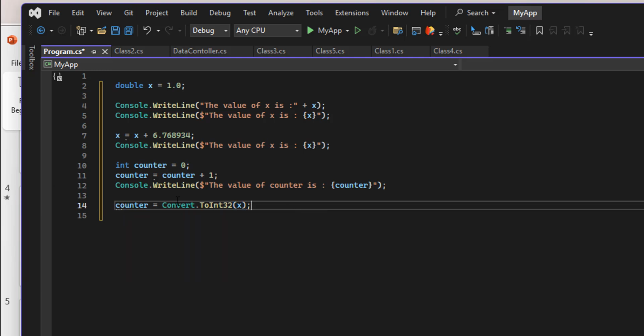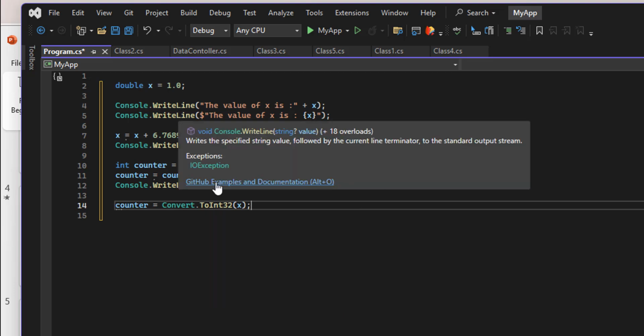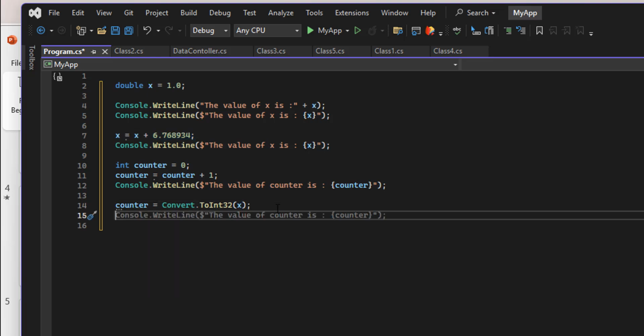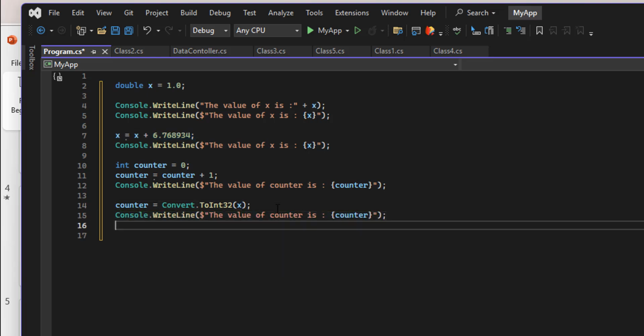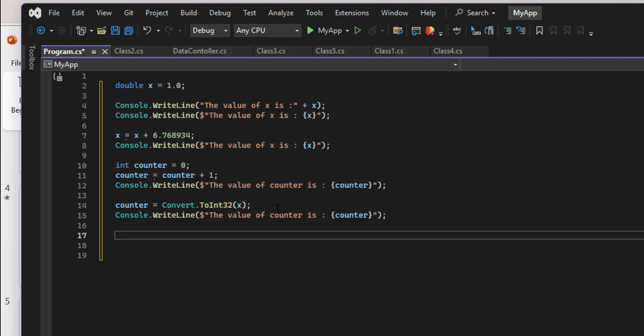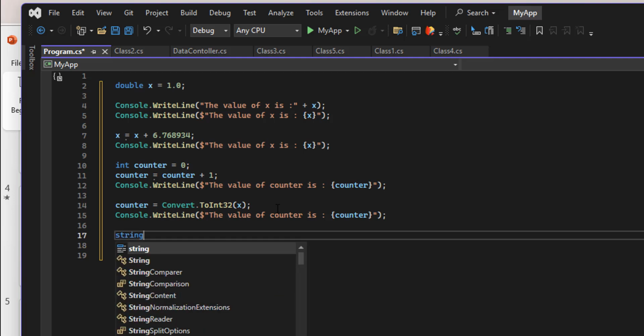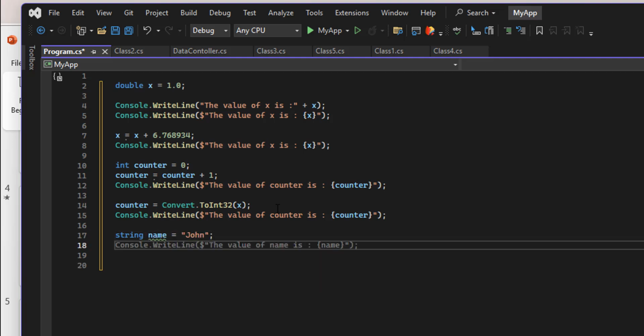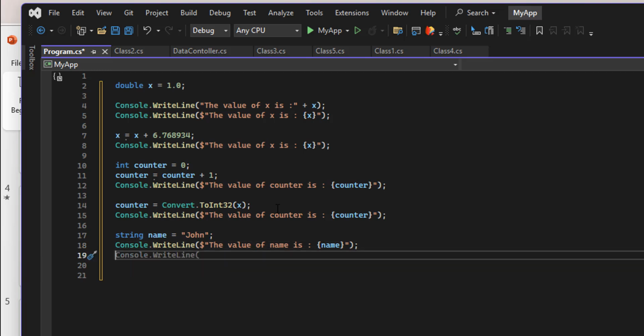And so counter is going to convert, and that will probably be a rounding exercise, the current value of x, which we last assigned here, and it's going to convert that to counter, and we can now write the value again of counter to the console. Let's do one with a string. name is equal to John, and then we can write the value of name,